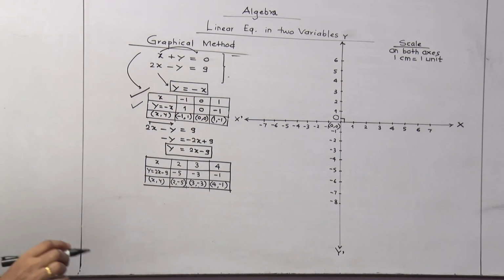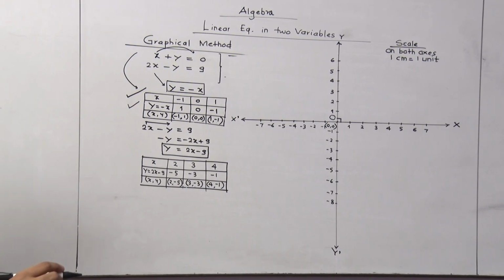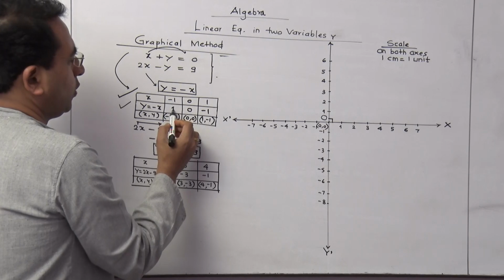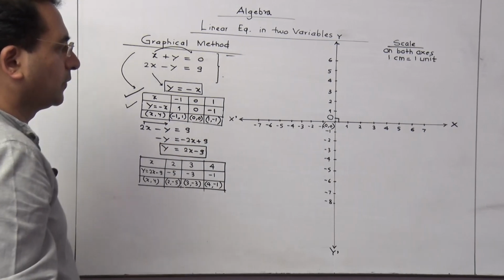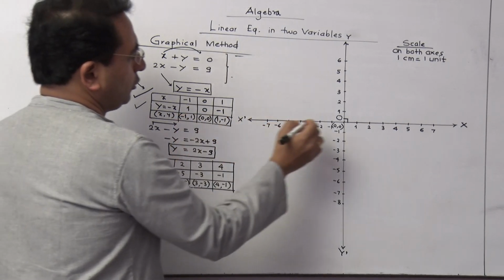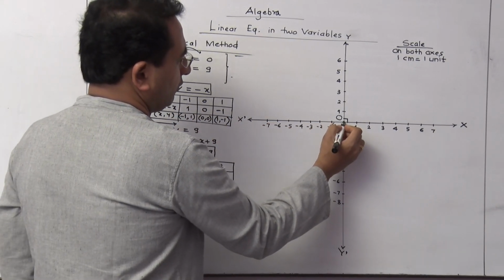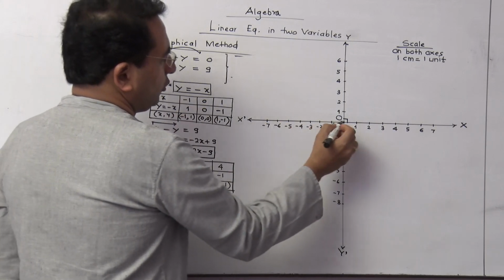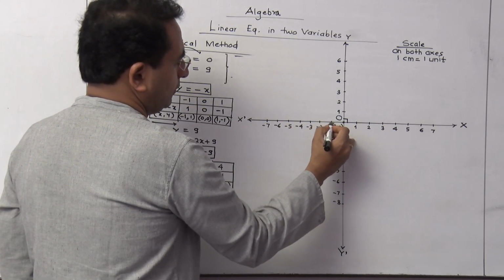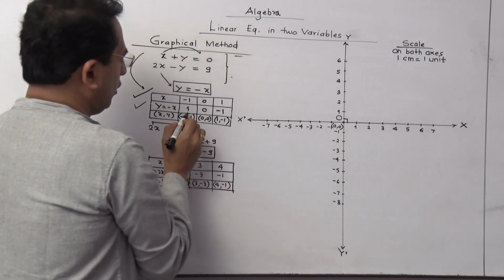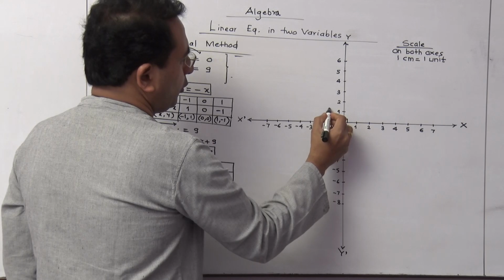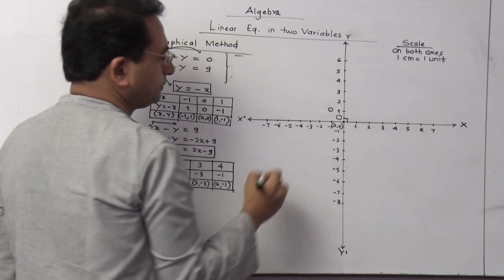Let us understand how to plot the points. Now your first point is -1, 1. Correct? Now -1, 1, how to plot? You have to stand here at the origin. Your first order is -1, so your first movement should be on the x-axis. -1 means on the left. And then the second order is 1, so we are supposed to move ahead. So I think this point you are going to get.